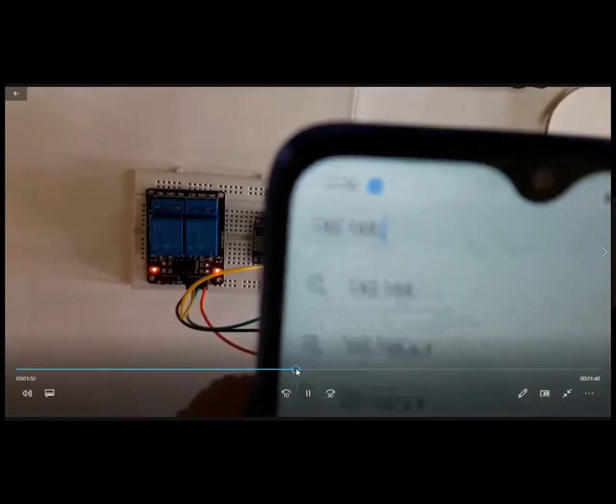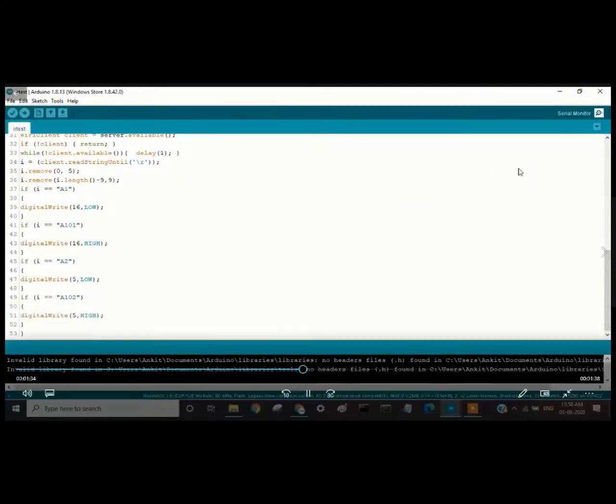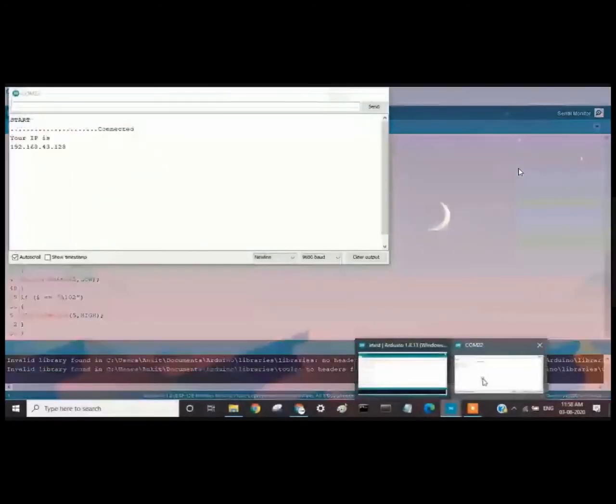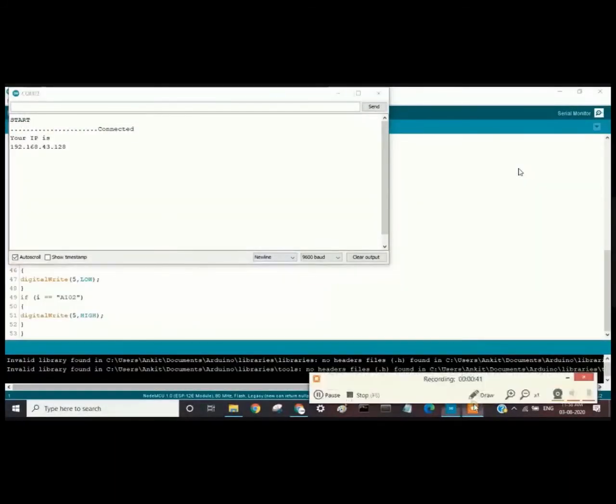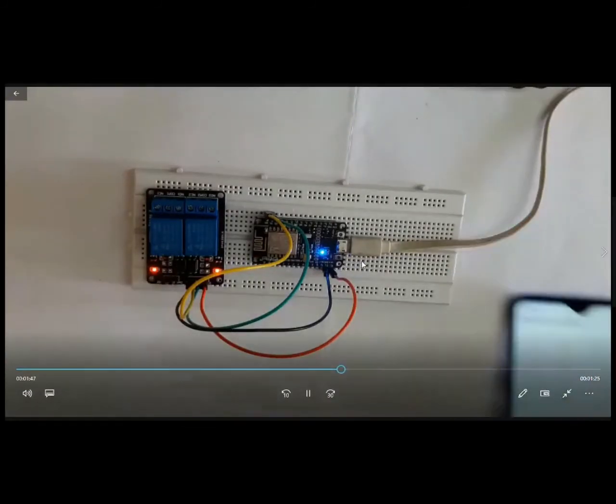So this is the same video which I had played earlier. So I have got the IP here. Okay, here also I am getting the same IP. See, so I have got the IP as 192.168.43.128. So I am using my mobile to switch on, switch off this device.